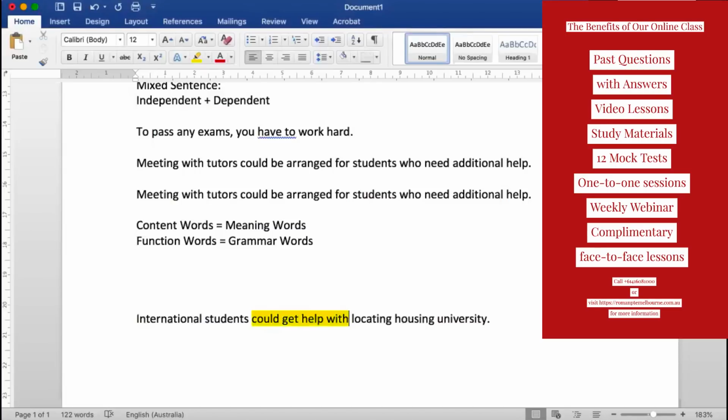So one of the strategies you can develop to do dictation questions is to go through all the past questions, look at these sentences, and try to find the common phrases, so that you never have to memorize them in the exam, and you can rather focus more on the words like international students. International students could get help with locating housing, university. Now, something is missing. Housing, university would not